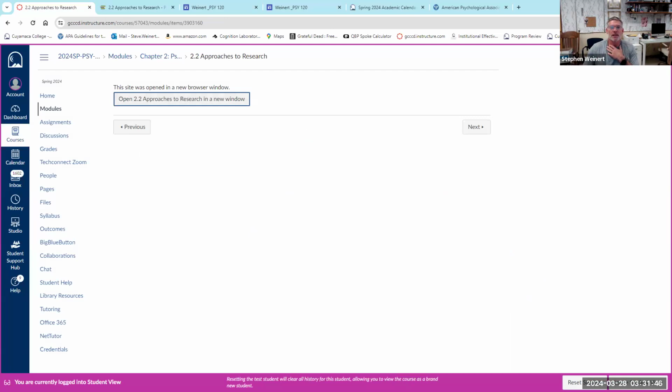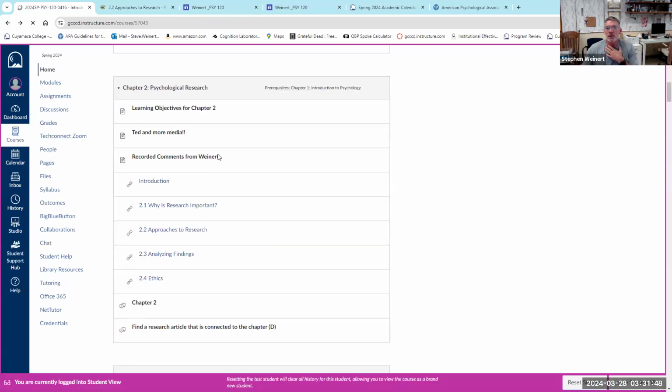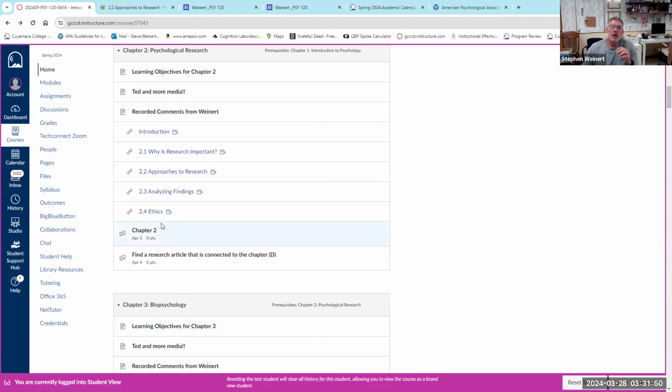Okay, so I'm going to close this back and go back again. So if you go through the modules and just kind of skim through it, you can ask your favorite AI to explain it to you. Say, hey, can you summarize chapter 2 from OpenStax Psychology? It will summarize it for you. Use it to gain knowledge. Don't let it do your work for you.